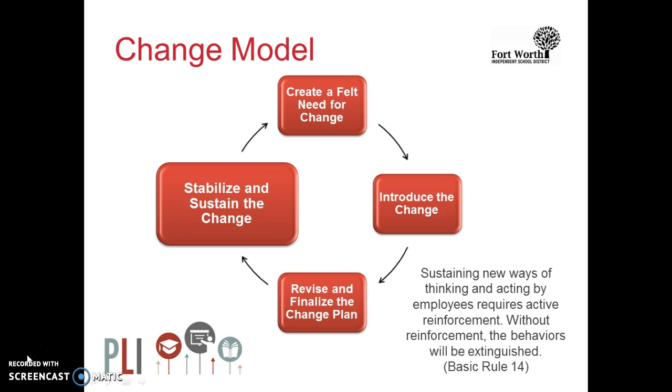Another action in this step includes laying the groundwork for the next change. The leader does this by listening to the voice of the customer, what they are saying, and identification of the customer requirements. The next change e-course takes a closer look at employee and other stakeholders' responses to change during implementation